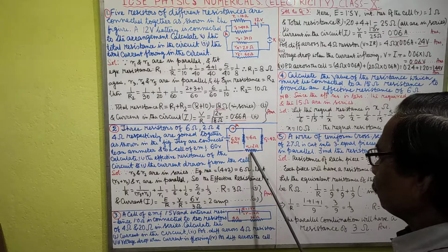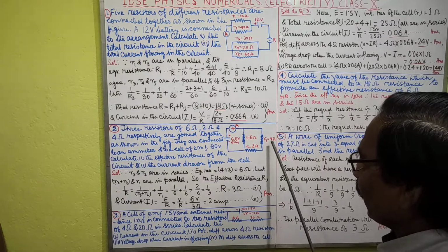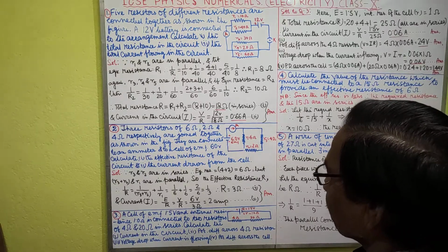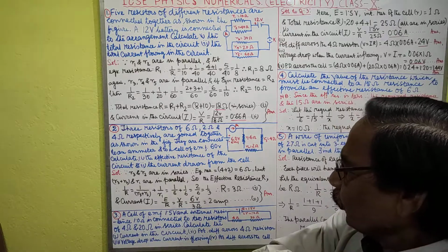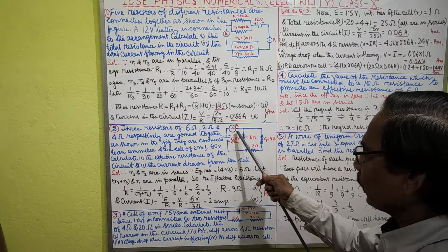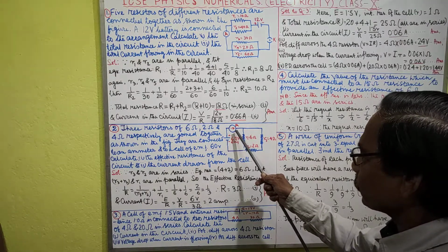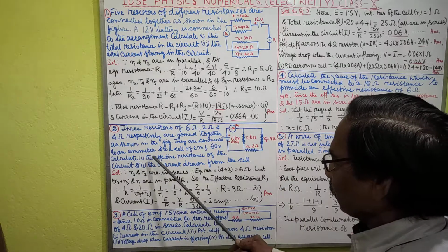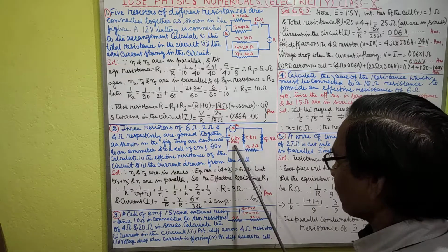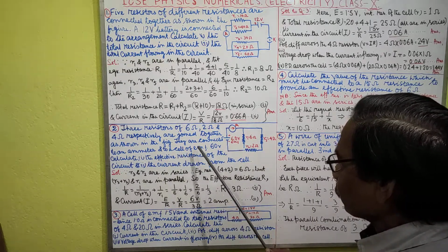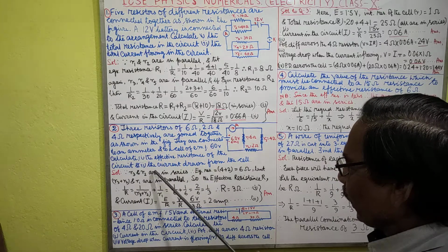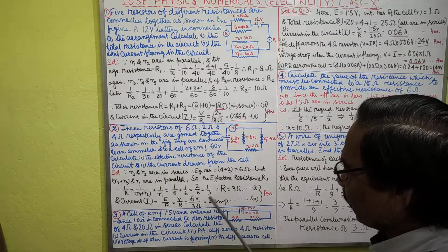6 ohm, 2 ohm and 4 ohm are in this figure, as shown in the figure. They are connected to an ammeter. The ammeter will give you the reading of how much current is flowing through it. The ammeter is connected to a cell. This is a cell of 6 volt, that is EMF equal to 6 volt. Calculate the effective resistance of the circuit and the current drawn from the cell.